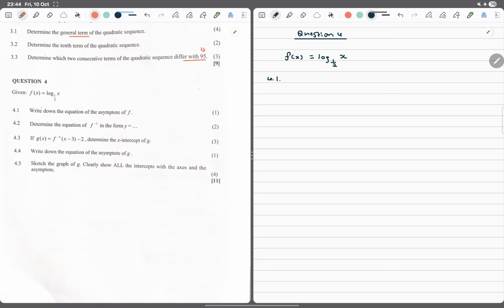4.1. We need to write down the equation of the asymptote. It's always going to be the y-axis unless we shift it about, horizontally usually. So essentially we know that the y-axis is the line x is equal to 0. You didn't know that? You are dead. 4.2, we need to determine the equation of the inverse. Again, we can do this by inspection. We know that our inverse